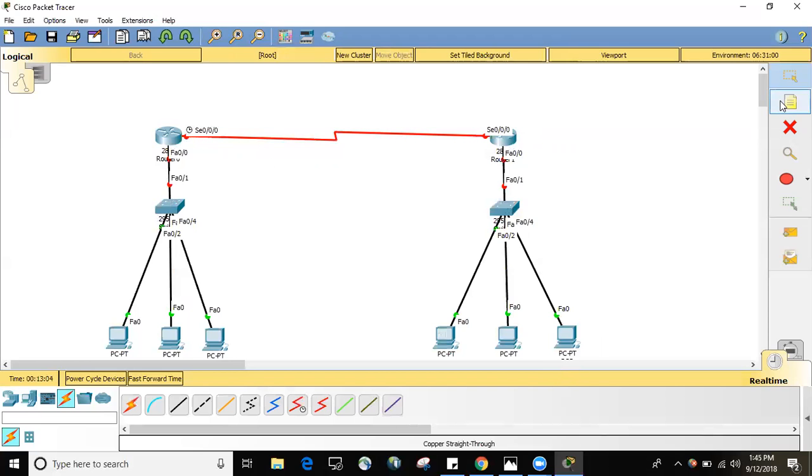I'm going with 192.168, what should I take? I will go with 10 and 0. So from this interface to all these PCs, the network will be